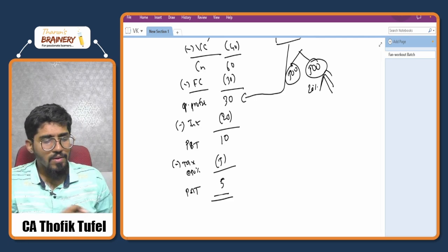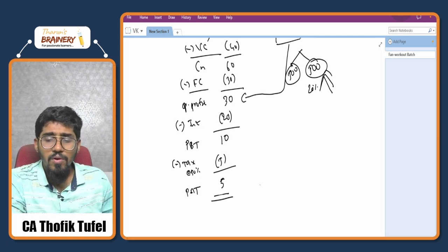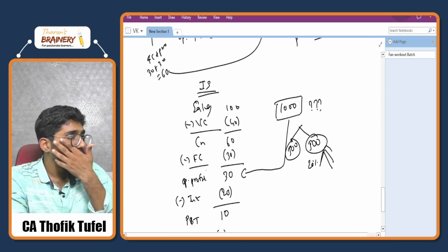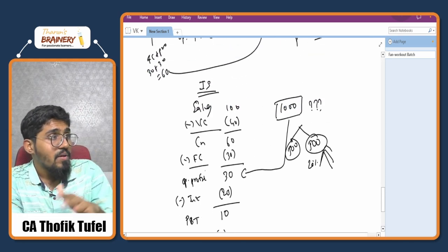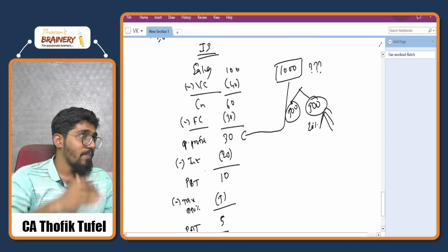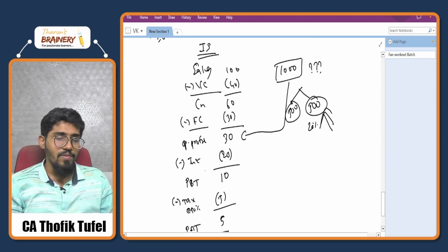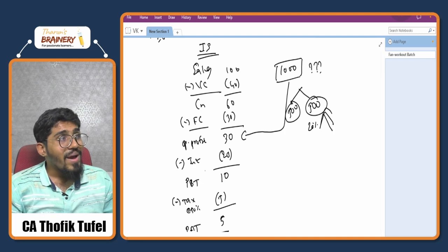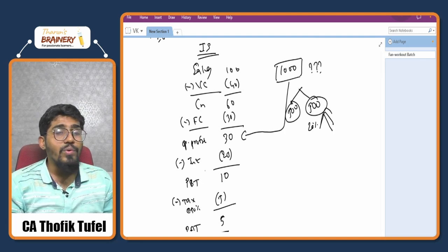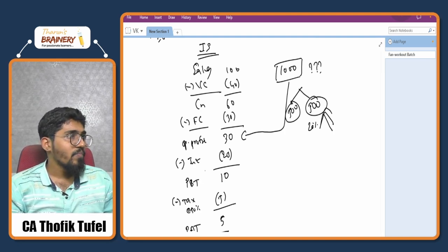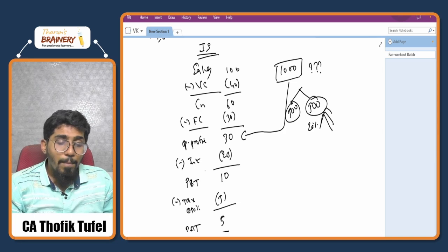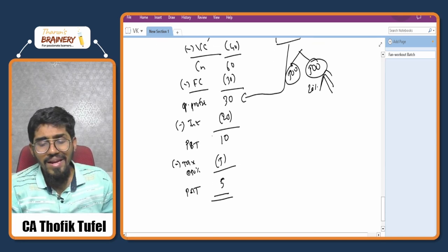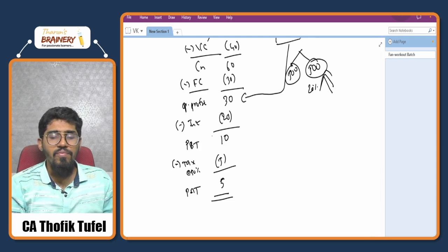Sir, which means you also introduced some other items here. Item means this, not something that you're thinking. Now, sales minus variable cost is equal to contribution. Contribution minus fixed cost is equal to your operating profit. Operating profit minus interest is equal to profit before taxes, minus taxes is equal to profit after taxes.